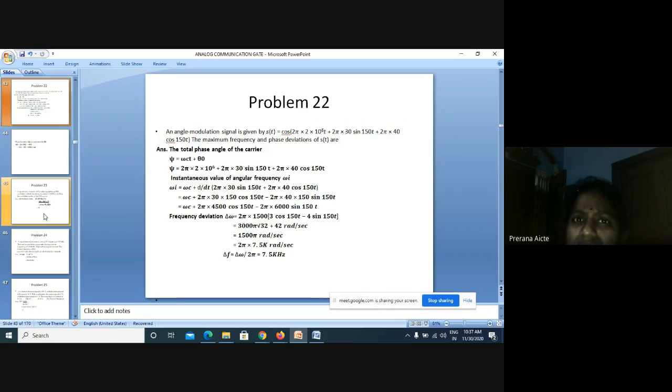They may ask you which one is the best, and what the different bandwidths required are. They may ask which one is highly noise immune, which modulation technique is highly prone to noise, and about signal to noise ratio. Which modulation technique is highly power efficient? And they may touch on different applications. They may ask in this way.